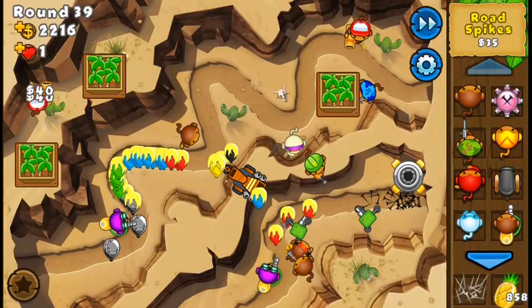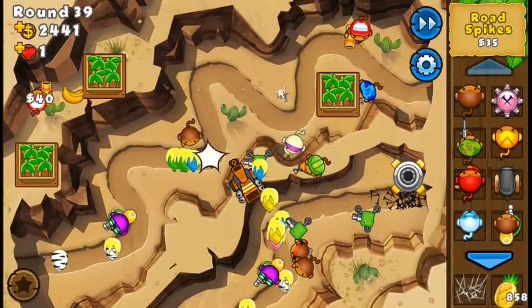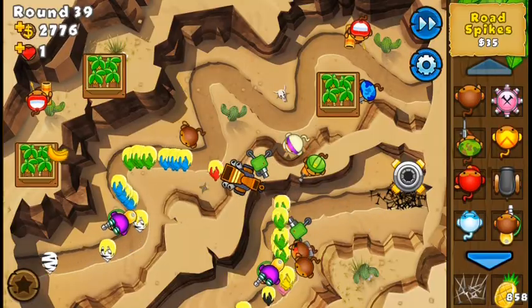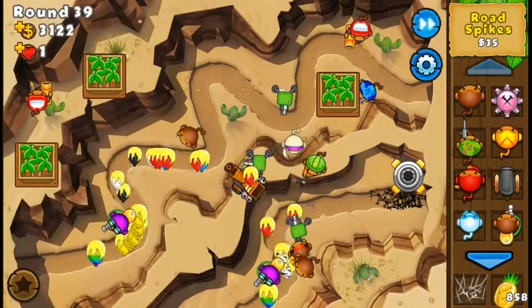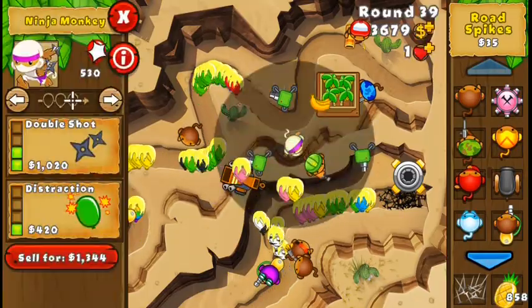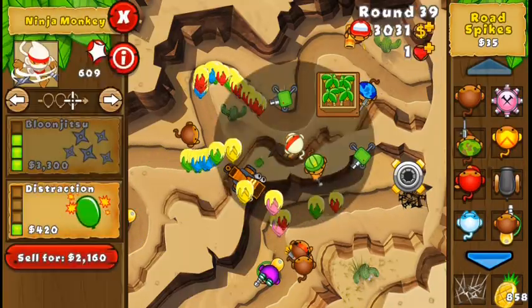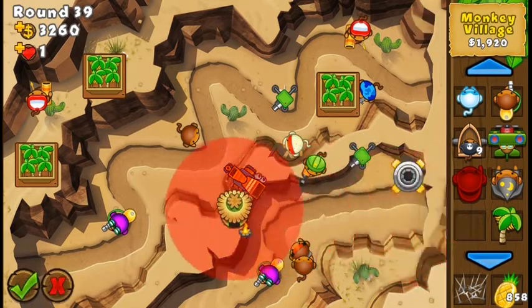See all these leads coming out close to each other. The sniper and the glue can't pop all those lead layers. So if you don't have some lead popping power, you may have some leads leaking, and leads are immune to roadspikes until you have the upgrades to pop them. So yeah, that's just bad. So I'm going to get some roadspikes in the bottom path. The ninja is set to strong so that it focuses the strongest bloon, and yeah, that's it. Now